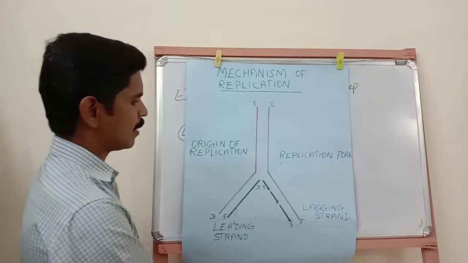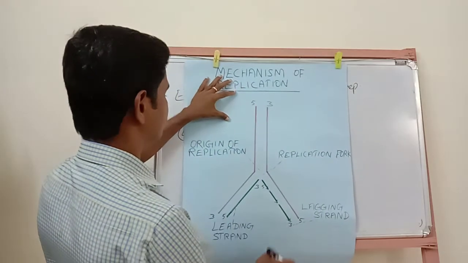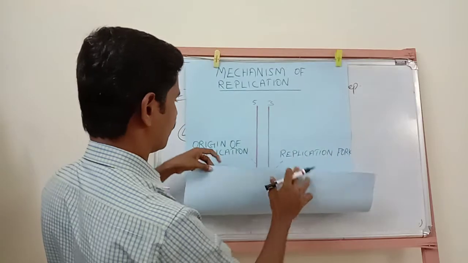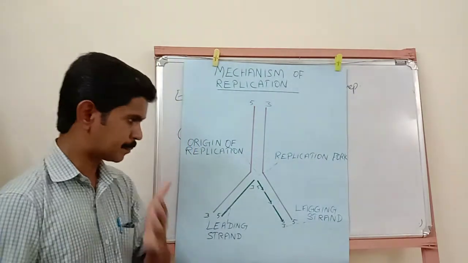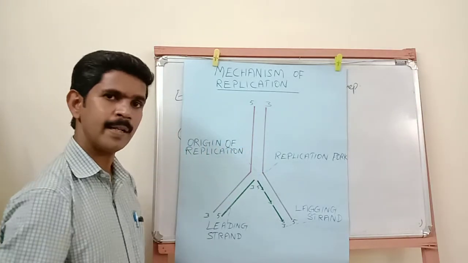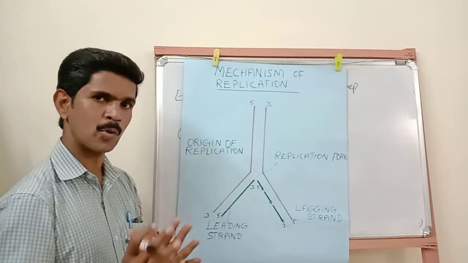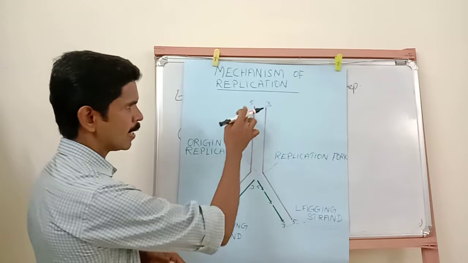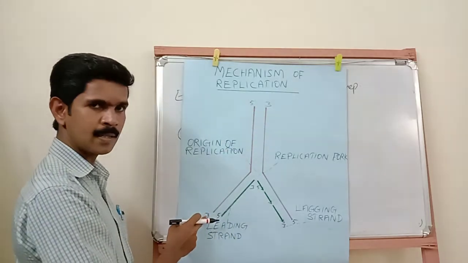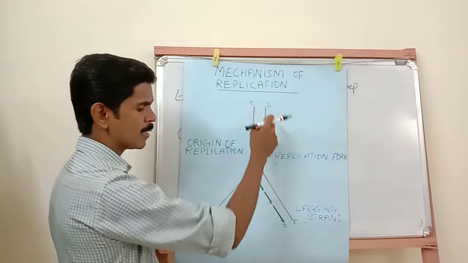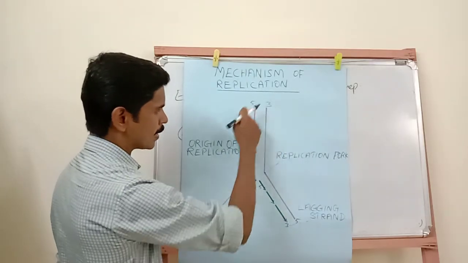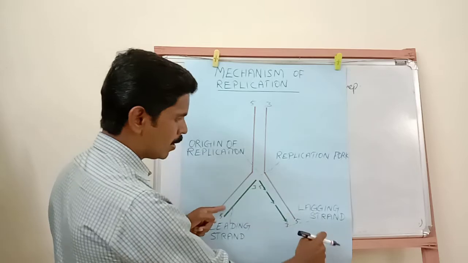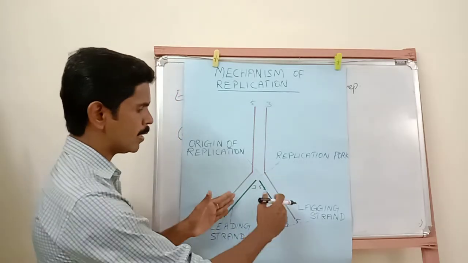Listen very carefully, dear students. Mechanism of replication. This is the structure of one DNA. You all know the DNA has 2 ends. If one strand has a 5 end, the opposite side is the 3 end. In one strand, one side is the 3 end, and the opposite is the 5 end. Understand? Up to here it is a single DNA. From this area only, the DNA divides and 2 DNAs are produced.